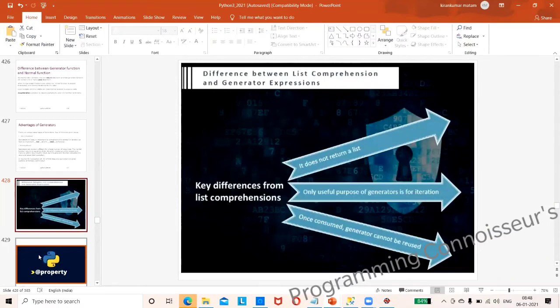Once consumed, a generator cannot be reused. Once I do a next, the previous value will not be there. That is one more disadvantage, but according to business requirements, we may not need the previous value.